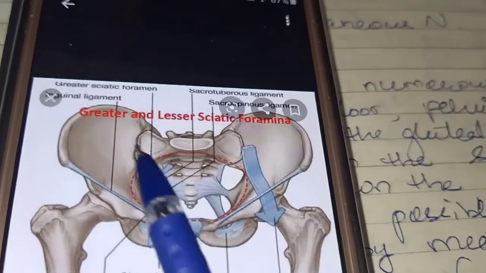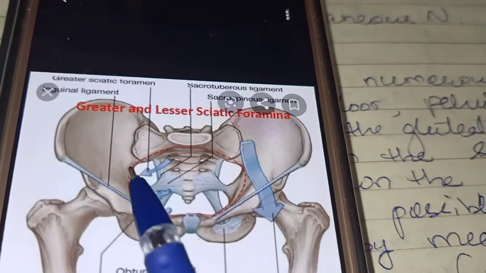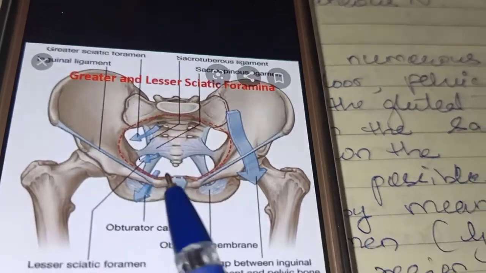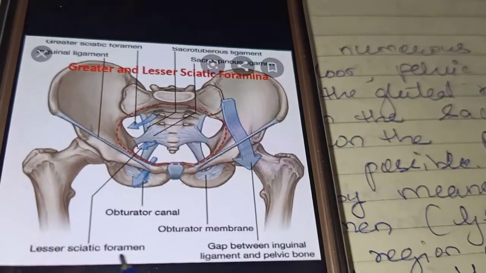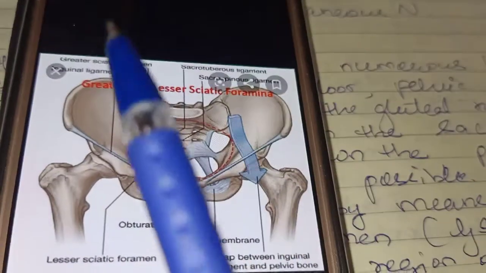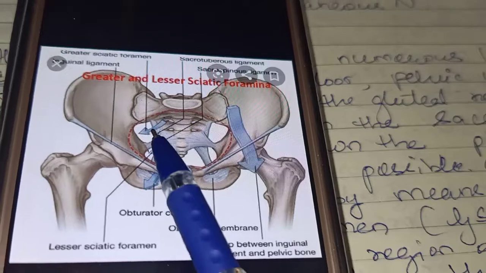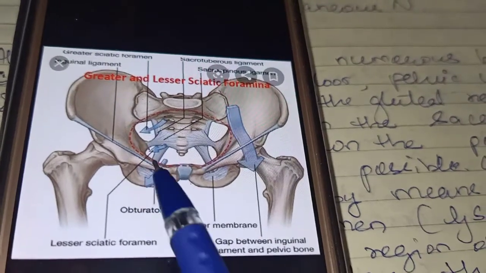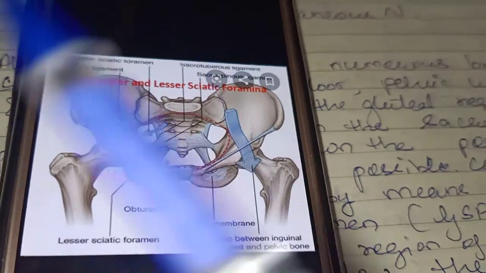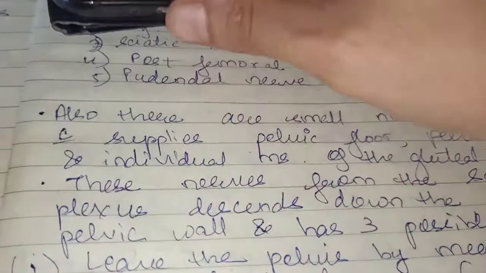So this is the greater sciatic foramen, and this is the lesser sciatic foramen here. Clear? This is greater, this is lesser sciatic foramina. So now